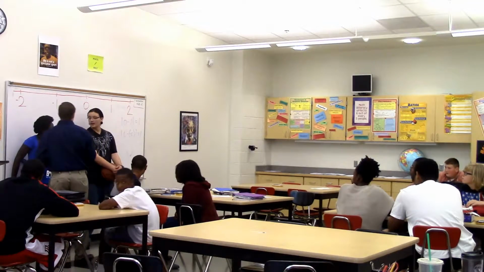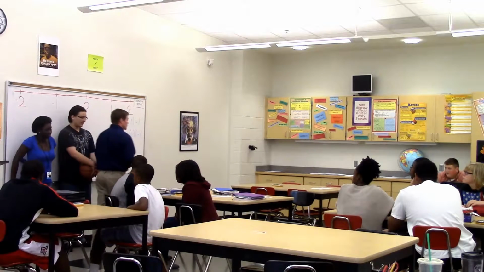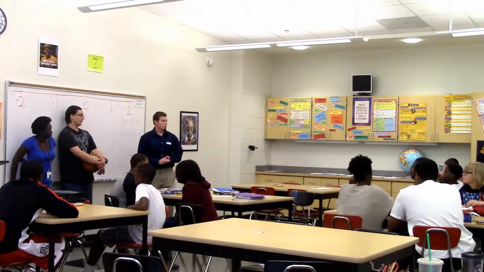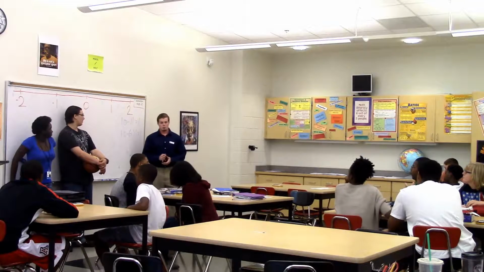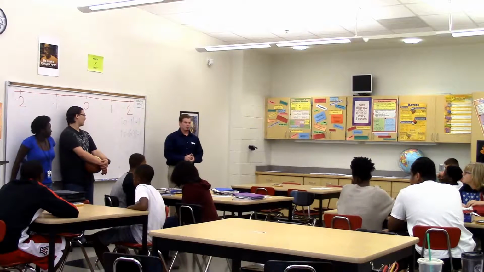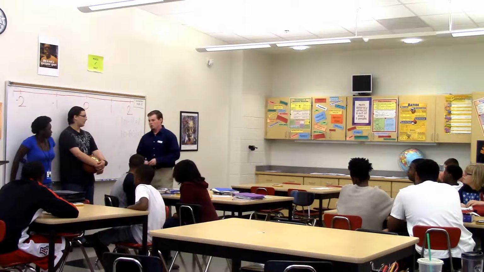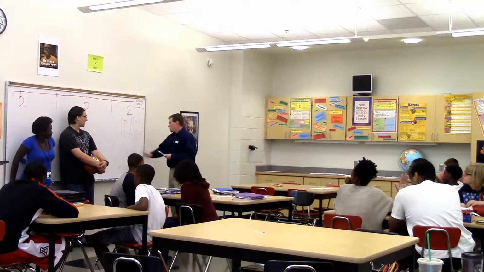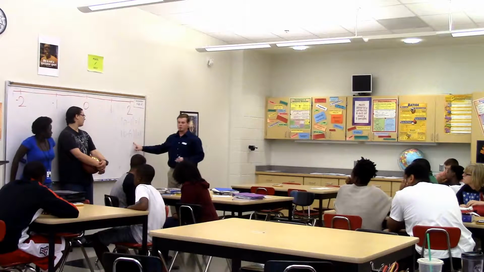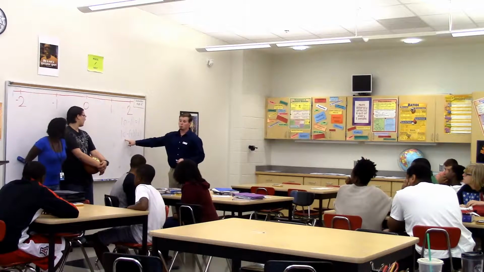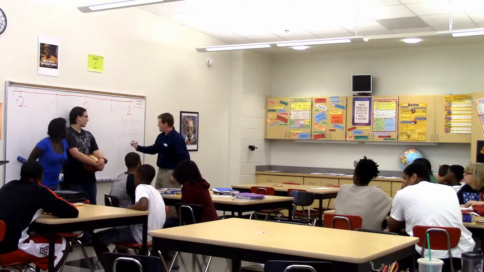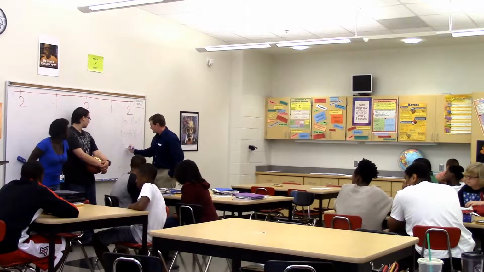Now you come over here to negative 2. And you come to negative 1. Okay, now what's their distance? 1. They only have 1 distance, right? So what would the equation be for that? He's not at 0 anymore. So it's negative 1. Negative 1 minus negative 2 is 1.